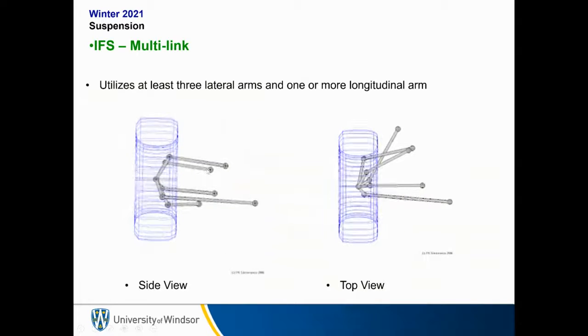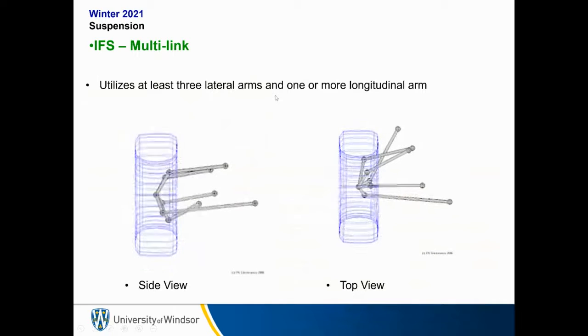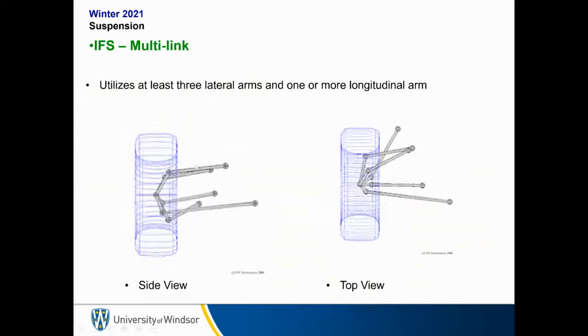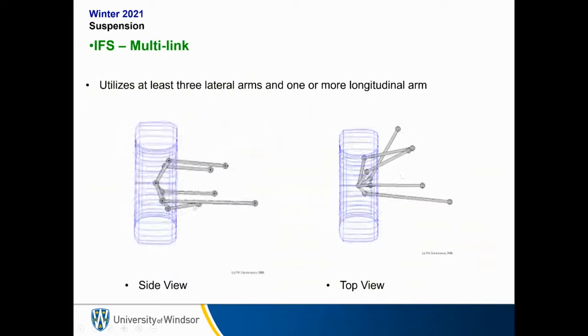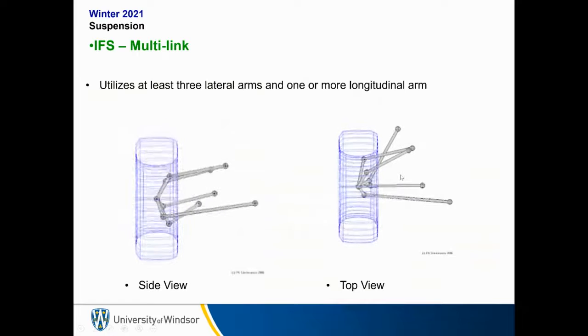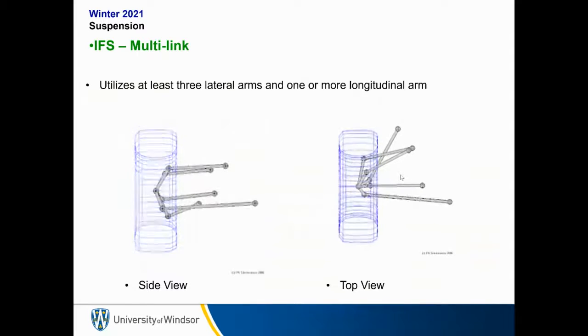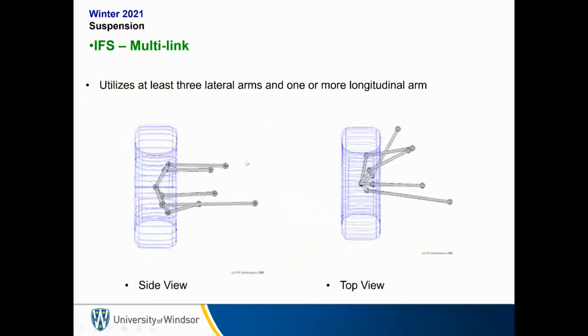This is where we have more than two links, so at least 3 lateral arms and one or more longitudinal arm that is connected to the vehicle. So this is the same tire assembly with the same suspension geometry, both from a side view and a top view. And it shows that in this case, we have 1, 2, 3, 4, 5 connection points between the wheel assembly and the